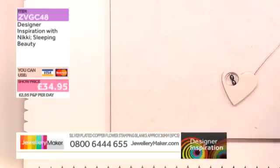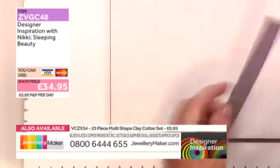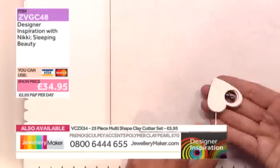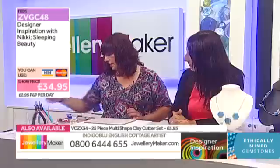And then that would be ready. You can put this in the oven, it won't hurt the pearls, because you bake it on such a low heat. Obviously, I've lined up my circles a bit better than that, but that's the general idea of your base piece for that necklace. So I've then put that in the oven, and then when it comes out and it's all nice and dried,